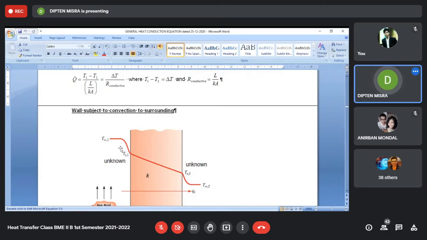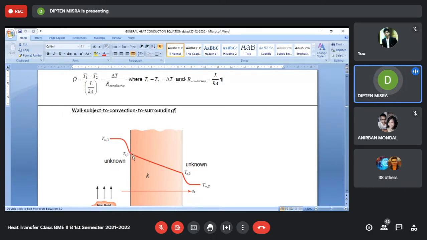The zone in which the temperature drops rapidly is called the thermal boundary layer zone. Because there are two fluids, on the two sides you have two different thermal boundary layers. Here also there is a thermal boundary layer within which the temperature changes, and beyond which there is no temperature change. The region beyond is called the free stream zone, and the region inside where the temperature varies is called the boundary layer zone.